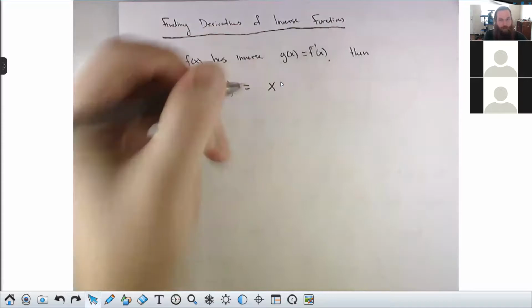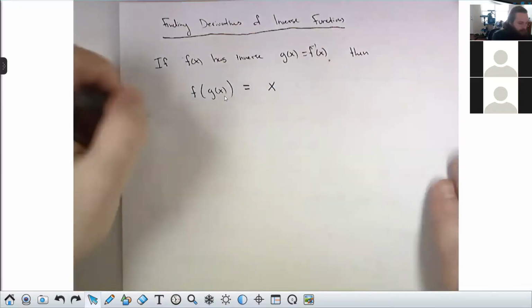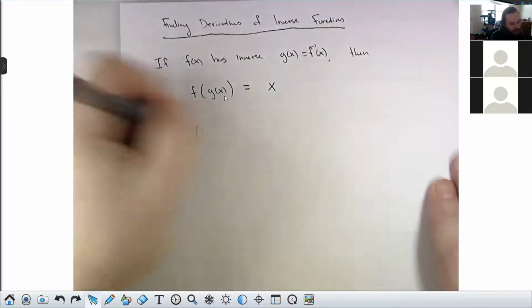You get x back out, right? The square root of x squared is x. The natural log of e to the x is x. f of the inverse of f is always just whatever you're feeding. So if I differentiate on both sides using the chain rule,